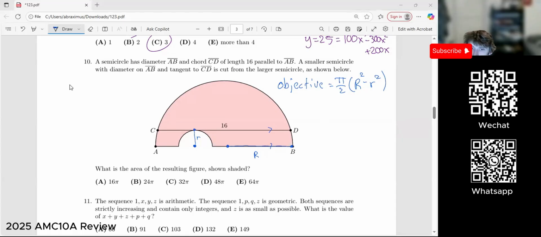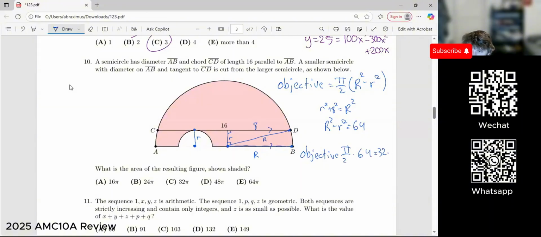How can we use the Pythagorean theorem here? Well, since this is parallel, we can draw this right here. We know it's length r. And we can draw this right here, and we know that's big R. And we know that since this is a chord and this is perpendicular to the chord, this bisects the chord, so this has to be 8. So little r squared plus 8 squared is equal to big R squared. So big R squared minus little r squared is equal to 64. So our objective is pi over 2 times 64